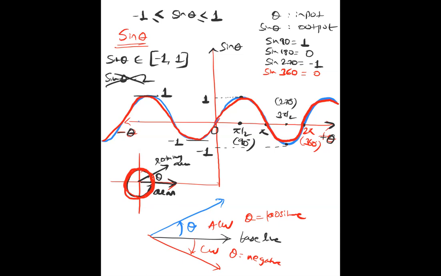So if you see on the left hand side, this will be minus pi by 2, and this will be minus pi. This will be minus 3 pi by 2, and this point will be minus 2 pi. So you know all these things, right? Pi by 2 means 90 degree, pi means 180 degree, 3 pi by 2 is 270 degree, 2 pi is 360 degree. All these things you should know at least, okay?